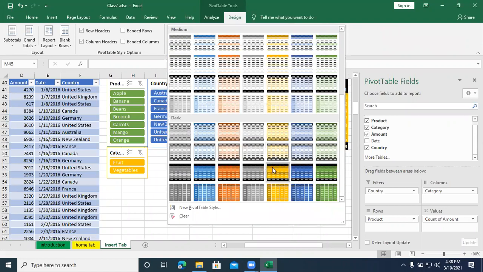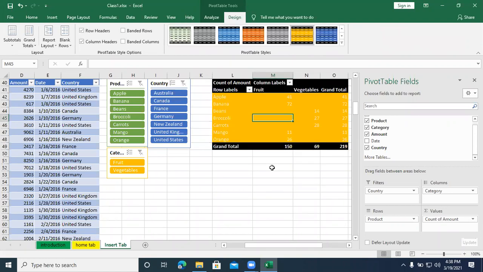You can choose whichever color you want to highlight. You can also highlight with banded rows and banded columns, and highlight the row headings and column headings.